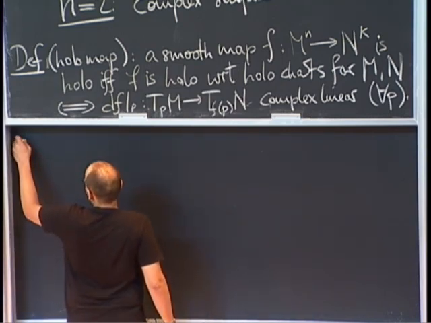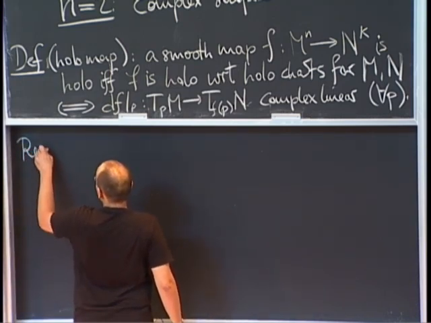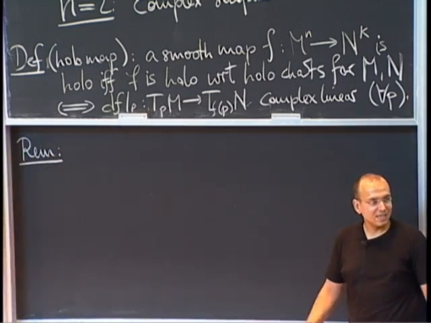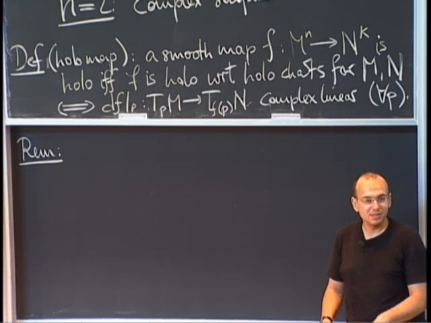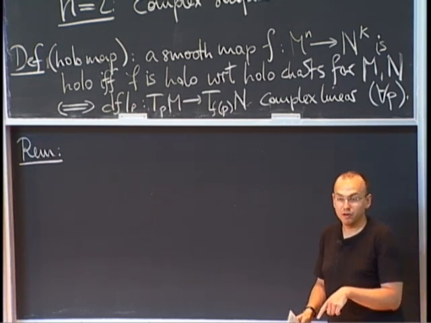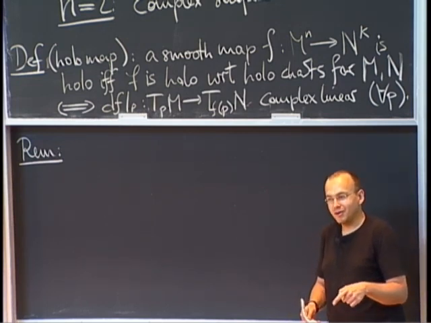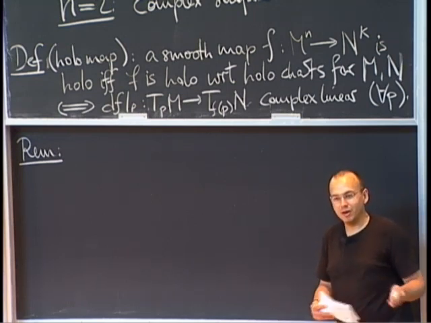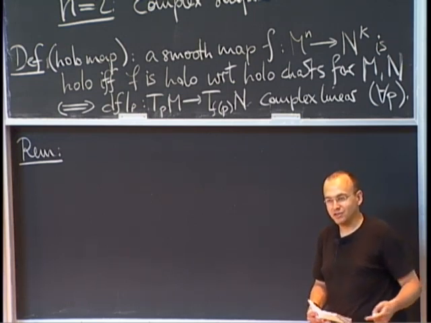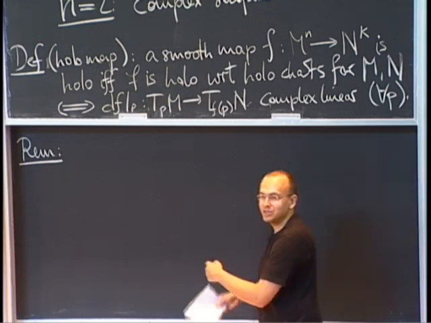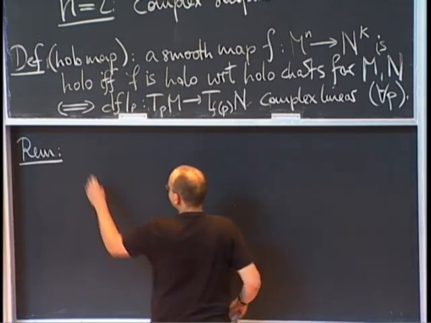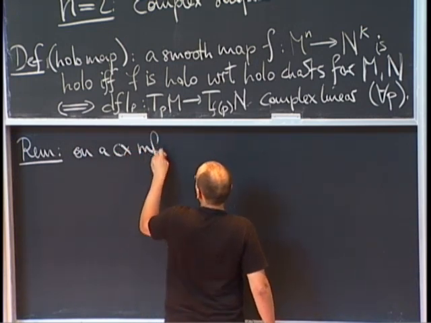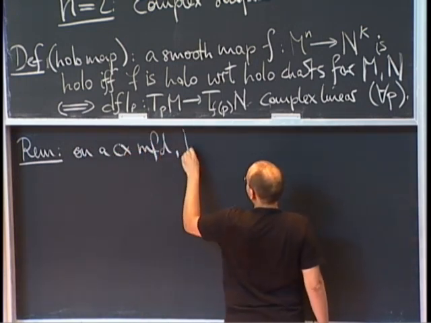And then just one remark in a similar spirit: this whole business of (p,q) forms introduced last time, for the exact same reason, generalizes from domains in C^n to complex manifolds. The notion of a form being of type (p,q) is invariant under biholomorphic maps, so it immediately generalizes from domains to manifolds. On a complex manifold,